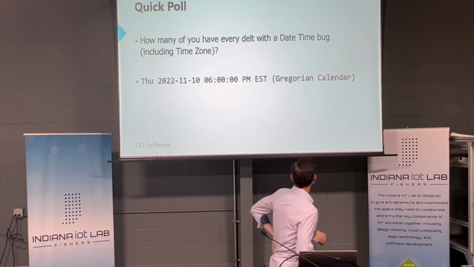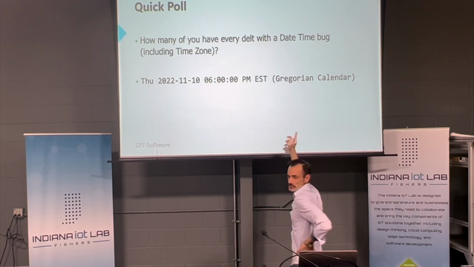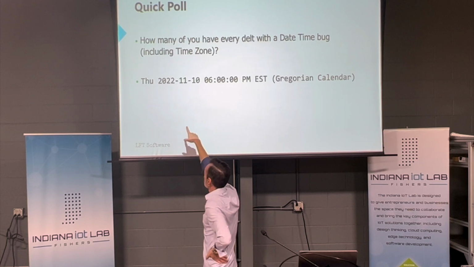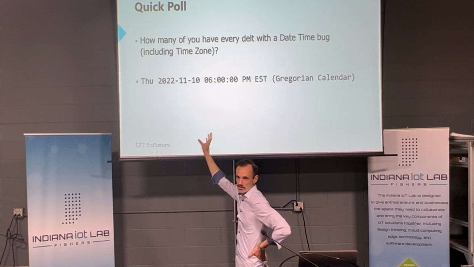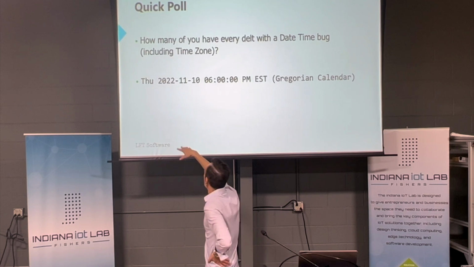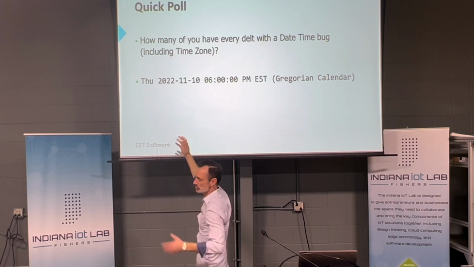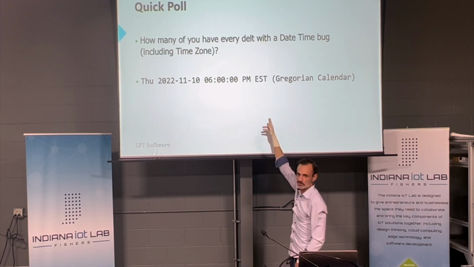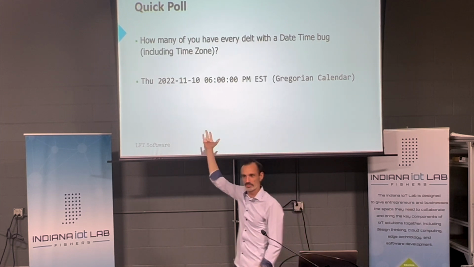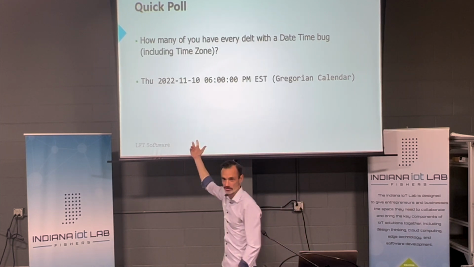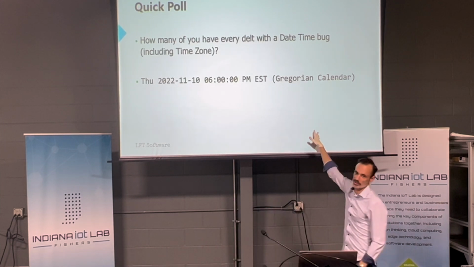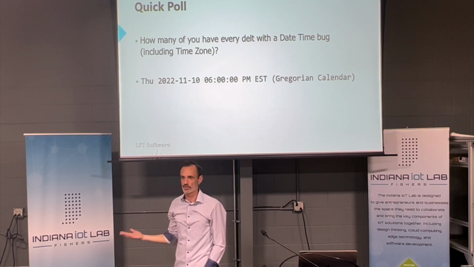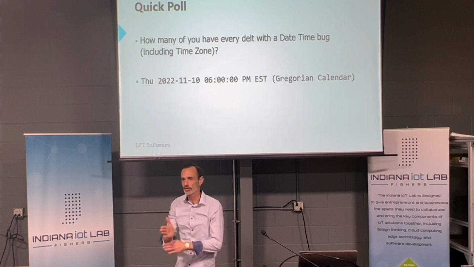As an example here, we have a date timestamp of when this gig was supposed to start, and it's pretty complex. Thursday, and then we start with the year, which is weird for Americans because we usually go month, day, year. But this goes from the most significant chunk of time, the year, all the way down to the time, and then you get into complex things like time zones. We just switched from Eastern Daylight to Eastern Standard, which is complicated. And then you get into more complex things like which calendar are we talking about? We actually use the Gregorian calendar, I believe. And there's other calendars like the Julian calendar that are going on concurrently, and it would be at a different date.